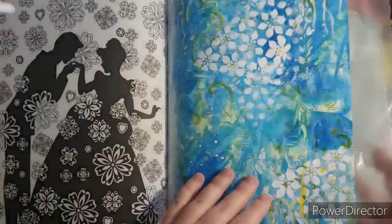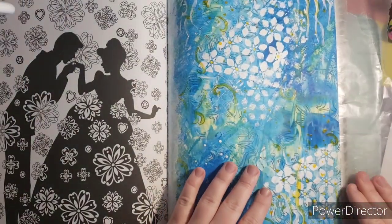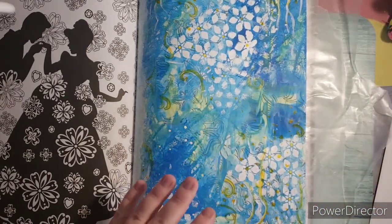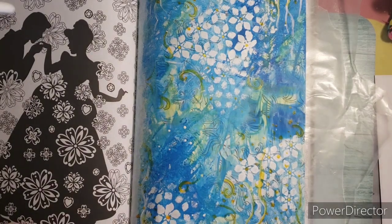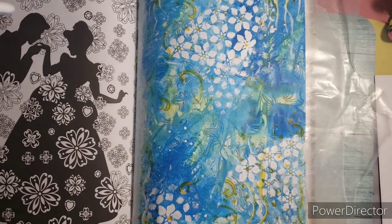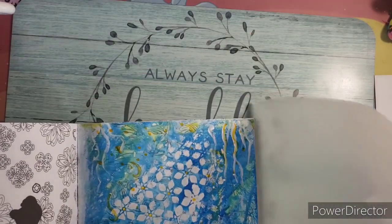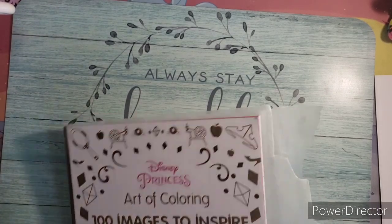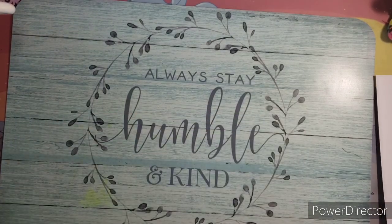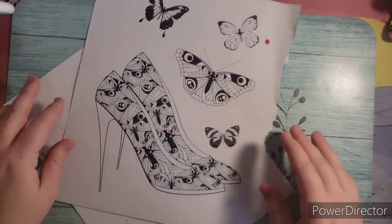We'll stick our wax paper underneath our page here, and let's just, I'm going to actually set this aside for a minute while we color these, so if you guys don't mind. This is just a blotter page,